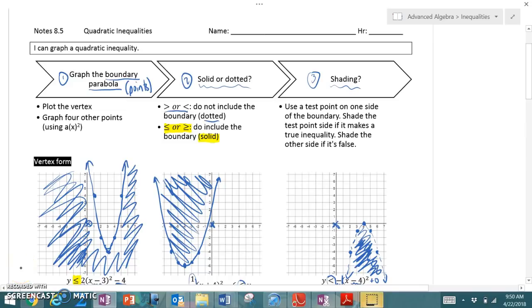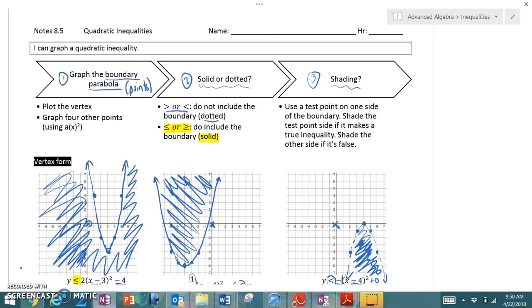Okay, so you just spent some time watching a video on how to graph a quadratic inequality that's given in vertex form. Now we're going to work on the back side of the 8.5 note sheet, and we are going to follow the same process, except in the beginning we're going to be given standard form, so ax squared plus bx plus